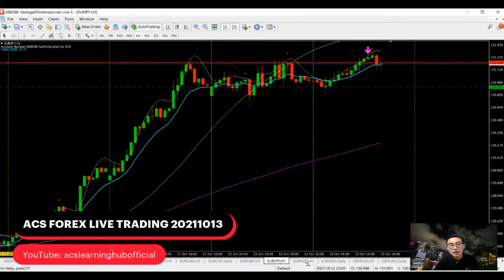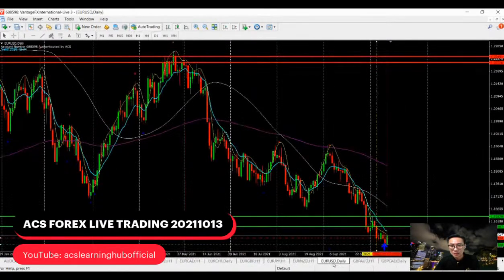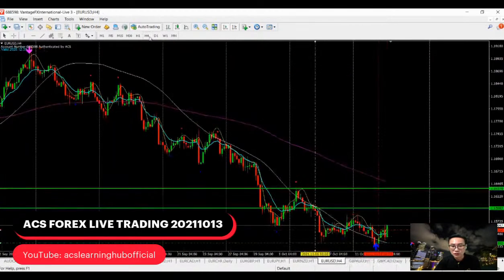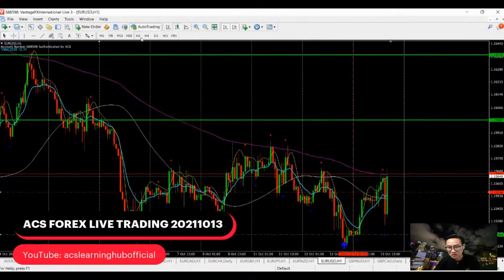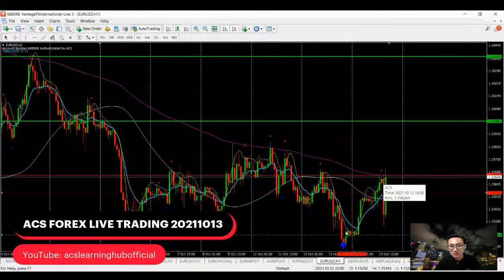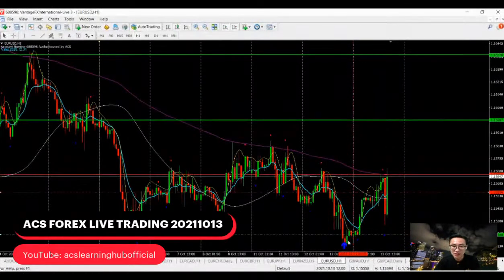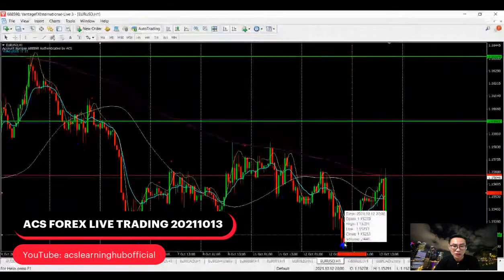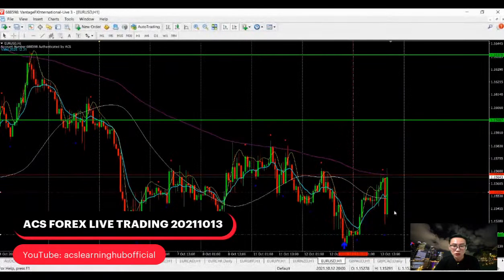Let's take a look over here. Euro dollar on the support. It's still on the retracement. You see, once you're on the retracement, it's not easy to short, especially when the support has set up. Now, can you see a higher low from the low here, a higher low over here? It can set up very quickly.